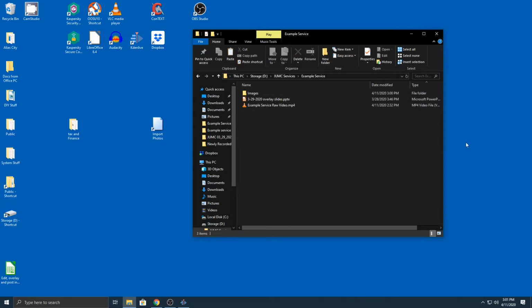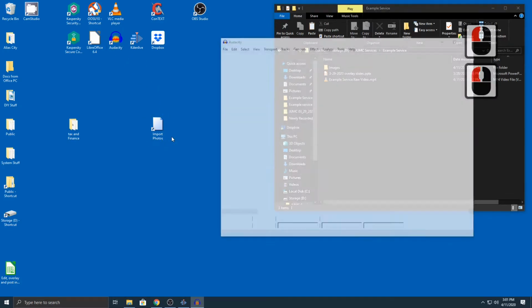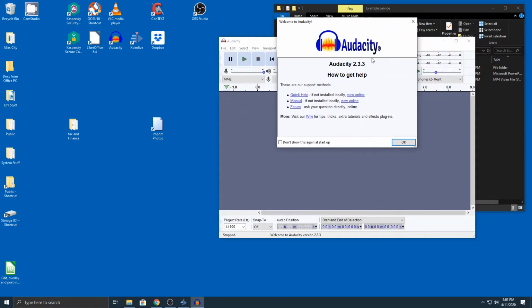All right, so the next step in the process of creating this streaming service is to take the raw video file and extract the audio and then clean up that audio. So I'm going to go ahead and open Audacity, which is free and open source software, and it gives me the ability to